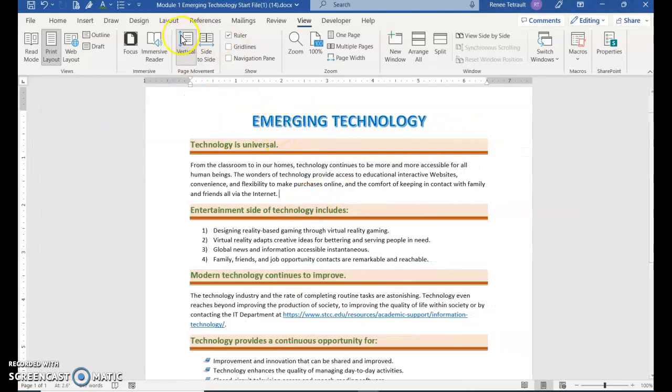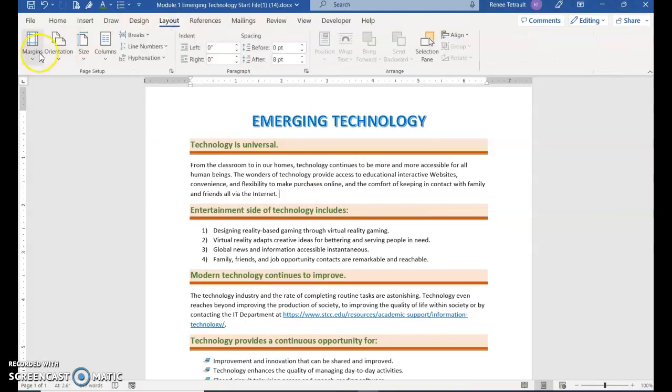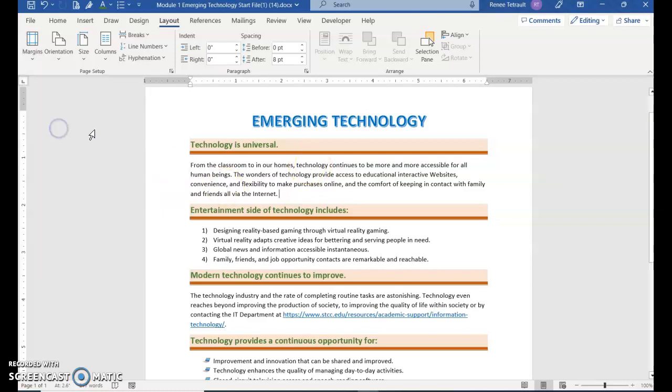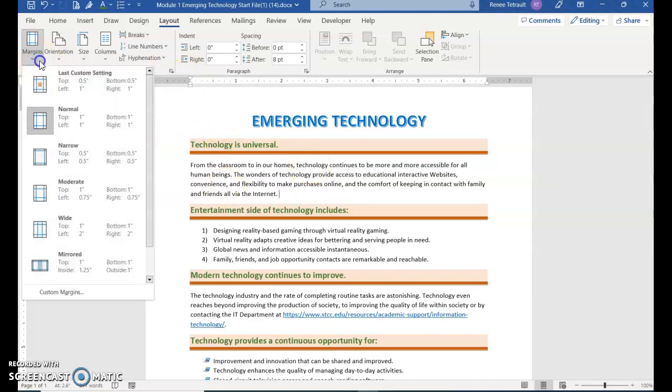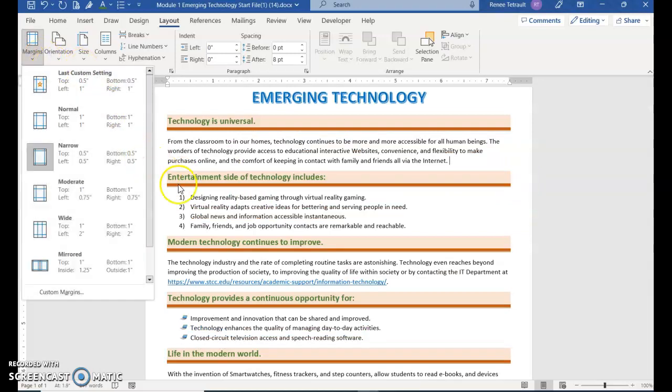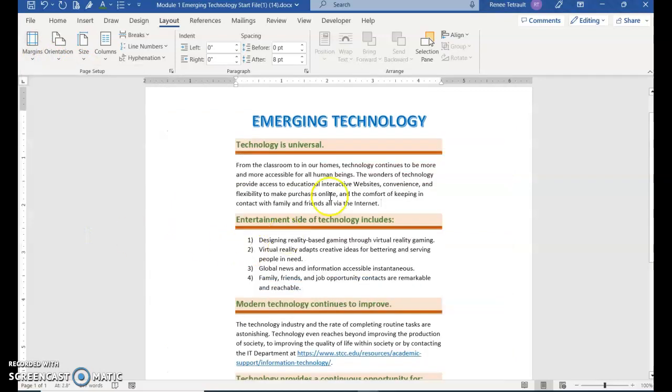So the default margins, if we were to go into Layout, Margins, the default, see the gray box around it, is normal. The 1 inch is top, bottom, left, and right are all 1 inch. So if I were to click in here, I just click the one that was there, which was normal. If I wanted narrow, what's going to happen is there'll be less white space on the ends. See how narrow it is? And then I'll just, so now narrow is selected. I'm going to choose wide. So they're 2 inches for the left and right, so it's very, very wide for the margins,